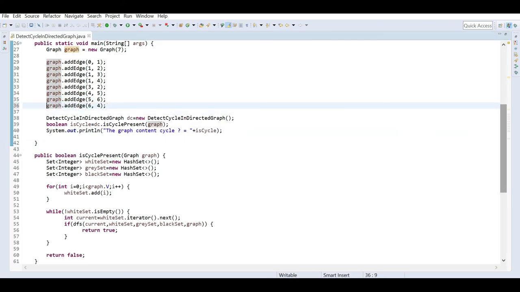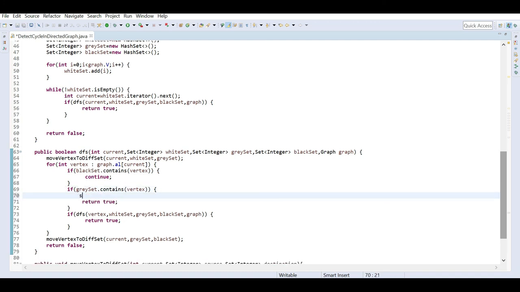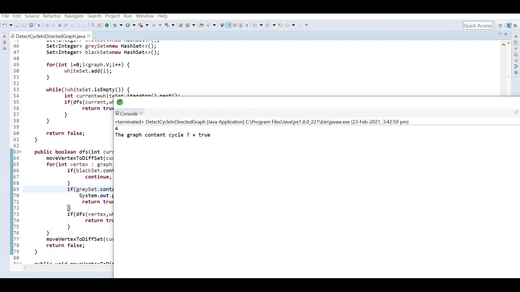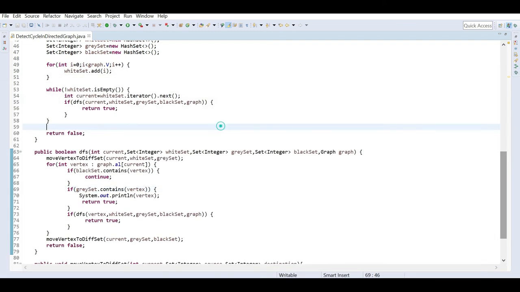One more thing we can do is detect from which point the cycle started. So here we can put one print statement and check that. If we run it, it is detecting 4, because from 6 when we were pointing to 4, that 4 we found in the gray set. So from 4, 5, 6 we can get the loop part. Okay, so this is all about finding a loop in a directed graph, and I will share this code also. Thanks for watching.